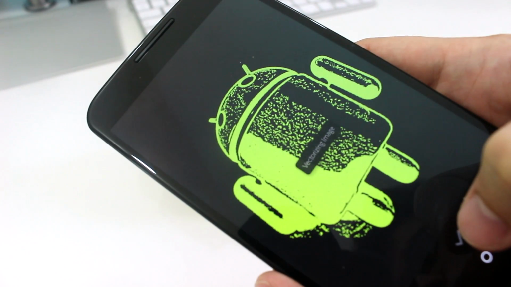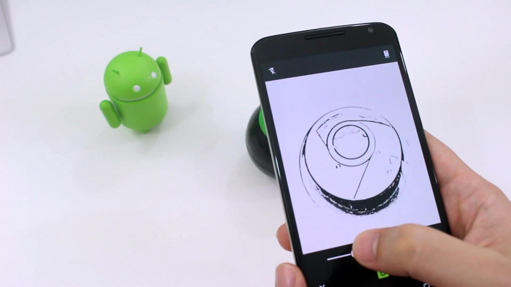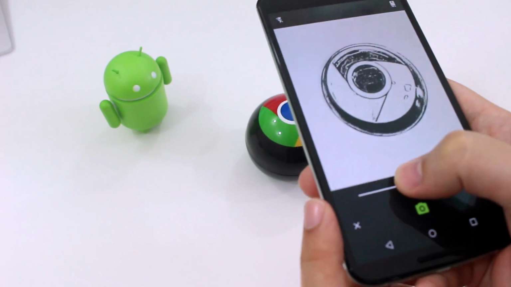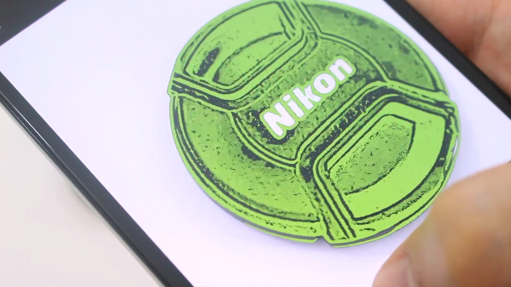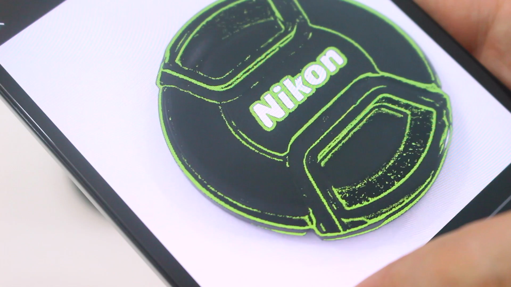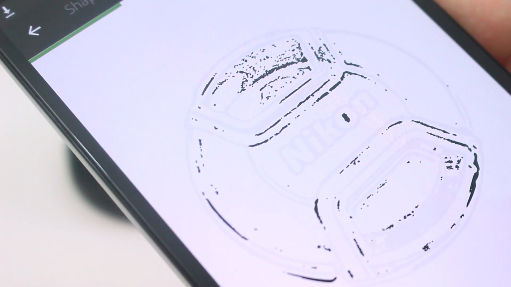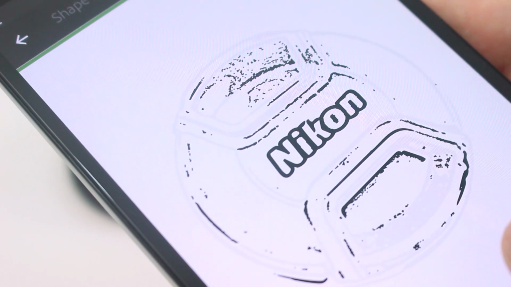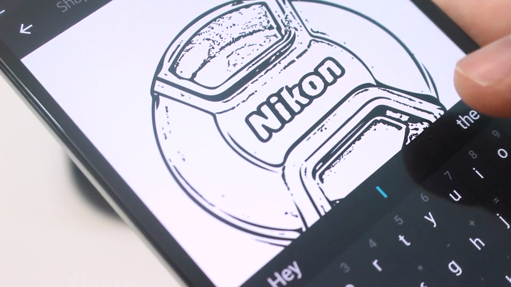like Illustrator or Photoshop, for instance. What's really neat is that you can use your smartphone's camera to snap a picture and use the resulting image to create a shape. While you're taking the picture, you adjust the detail required using the slide bar at the bottom. Snap the picture and wait for the app to process the image and transform it into a usable shape. It takes a few seconds, and once it's done, you can save it to your library or your online Creative